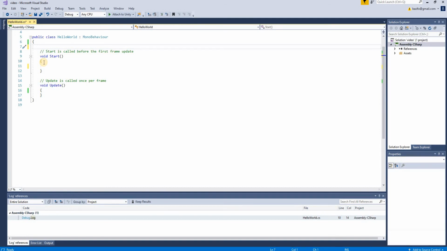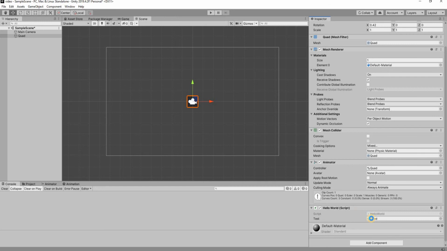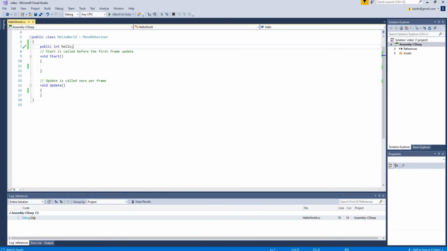Remember the public, private, all those things in C++? Well, it's over here, but it's used slightly differently. You can create a public int, and let's call it hello. What this will do is, if I save my script and come to Unity, look right over here. It created a box for hello, and I can give it a number. Let's say 10. What this does is I'm setting the value of this variable hello to 10